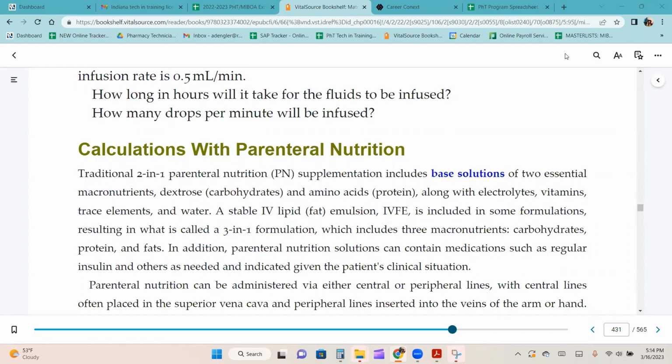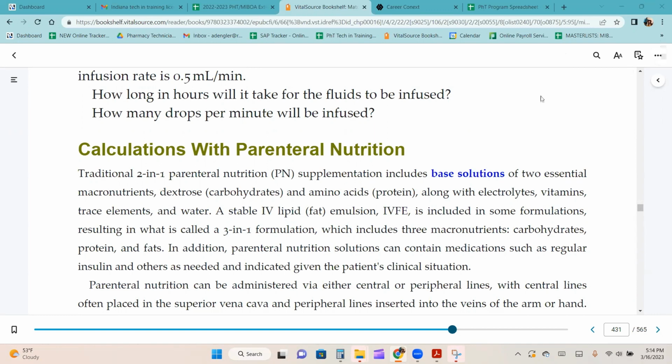Traditional 2-in-1 parenteral nutrition supplementation includes base solutions of 2 essential macronutrients, dextrose, which is carbohydrates, and amino acids, which is protein, along with electrolytes, vitamins, trace elements, and water. A stable IV lipid emulsion is included in some formulations, resulting in what is called a 3-in-1 formulation, which includes 3 macronutrients: carbohydrates, proteins, and fats. In addition, parenteral nutrition solutions can contain medications such as regular insulin and others as needed and indicated given the